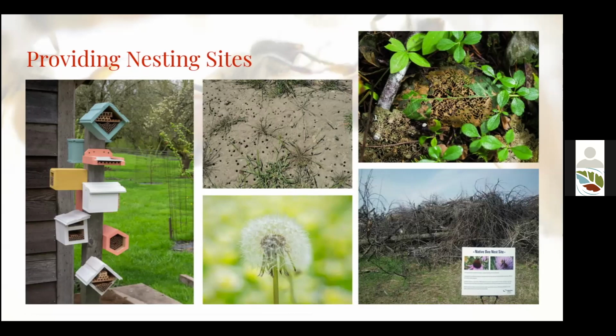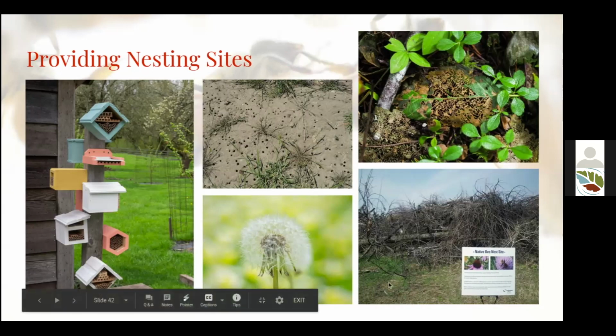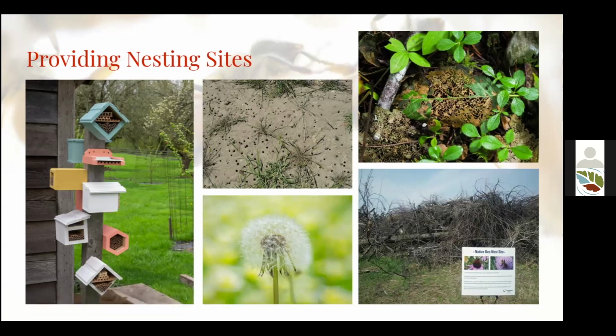You may provide areas that are a little bit more natural looking. So like bumblebees really like nesting in brambles and in brush piles in areas that are a little bit more concealed where they can burrow underneath and nest underneath them. And this is a great example of both using that provide and preach piece. So, a neighbor or someone else walking by might say, oh, that is horrible. They need to clear that out of here. What an eyesore. But then they might see this sign that says it's a native bee nest site, and it could completely shift their perception of what they're looking at.